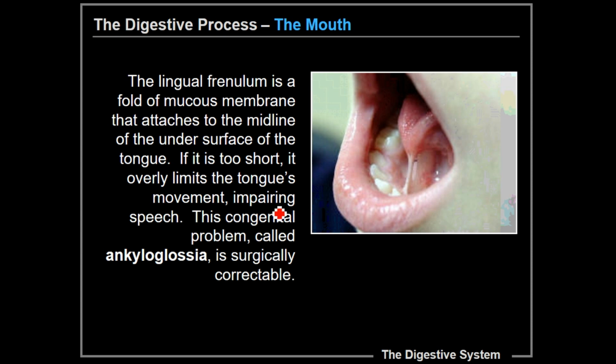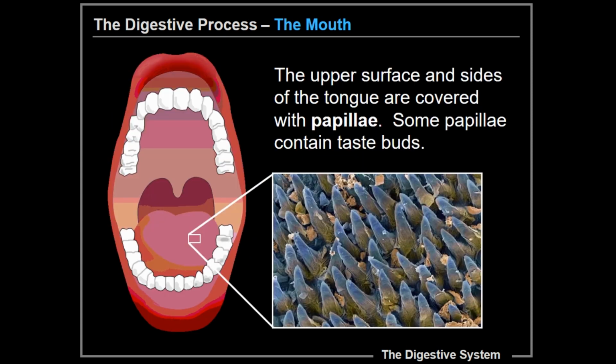All right, and so that's what that has to do with. So you can see here that the lingual frenulum does hold this child's tongue down, and it's a simple procedure. They go in, they give you a little bit of numbing agent, and they snip that little dude right there, and that frees the end of the tongue up and allows them to speak more easily.